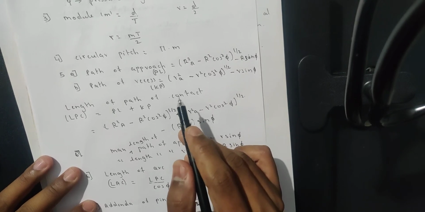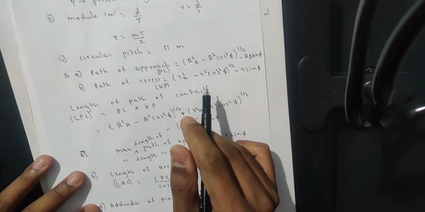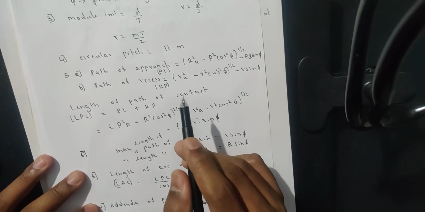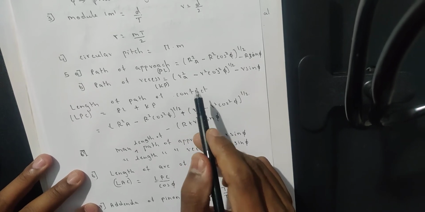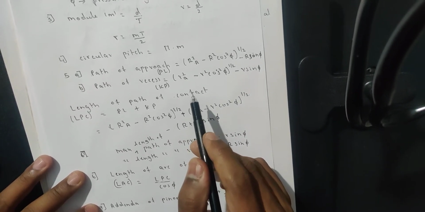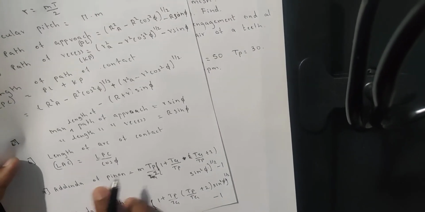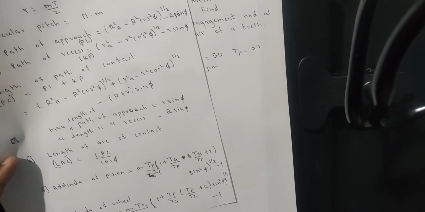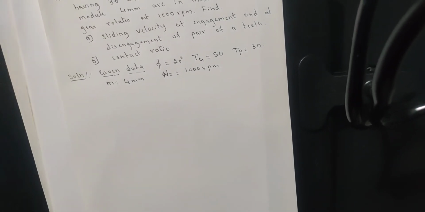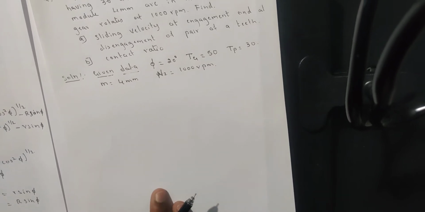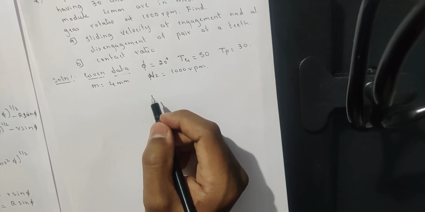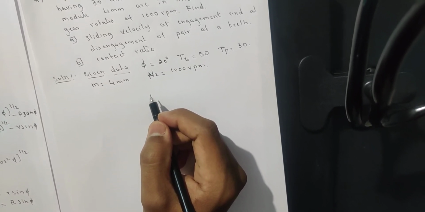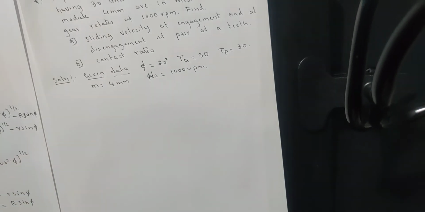Whenever we study gear terminology, the addendum circle radius will be the sum of the pitch circle radius and the addendum. Okay, so first, in order to do that, we have to know the addendum of the gear and the addendum of the wheel. Okay, so we have to slowly solve this particular problem. So first and foremost, this is the smaller wheel, which we consider as number 2 here.